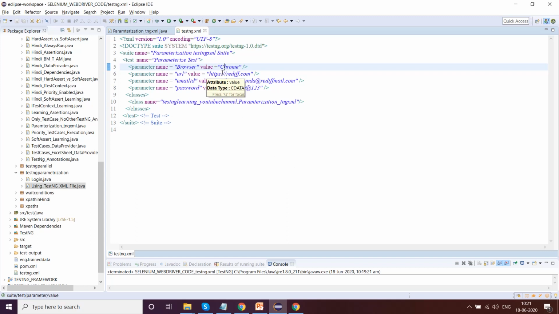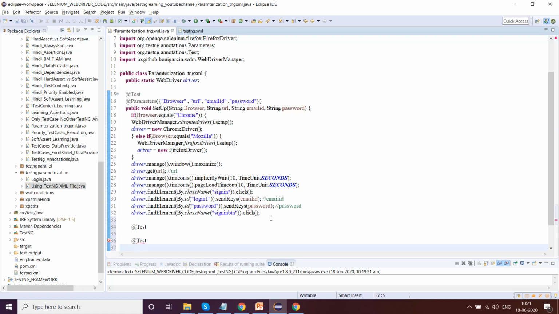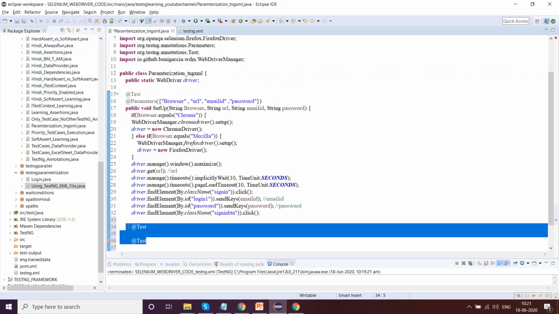So now we corrected it, and now our code is working fine. I have just used one test case. You can keep adding more and more test cases and introduce all the parameters for that particular class inside the testng.xml file in this particular fashion. This will work absolutely fine, guys.